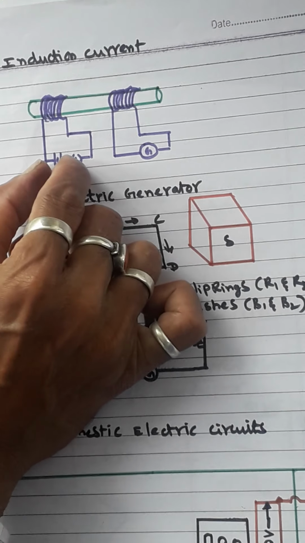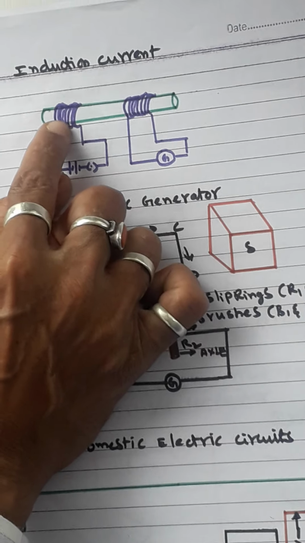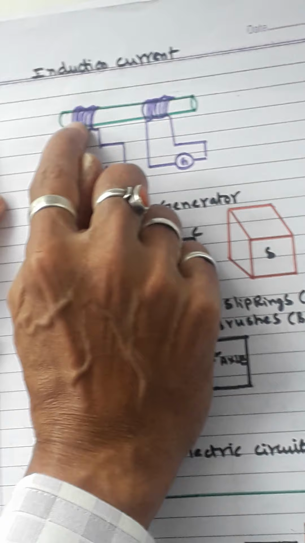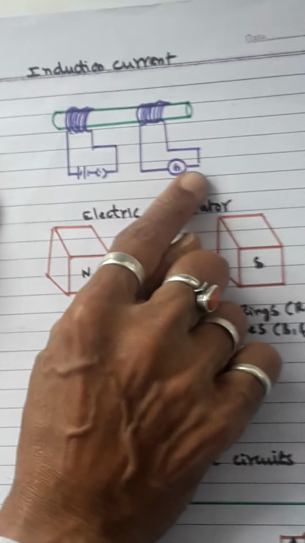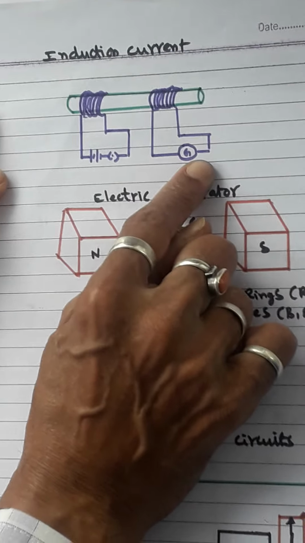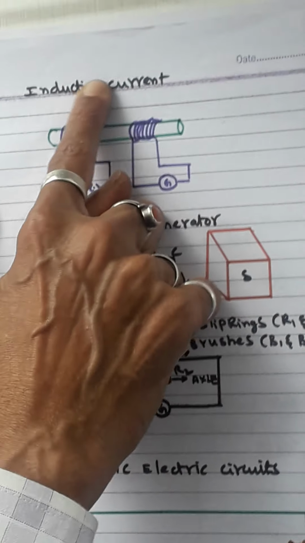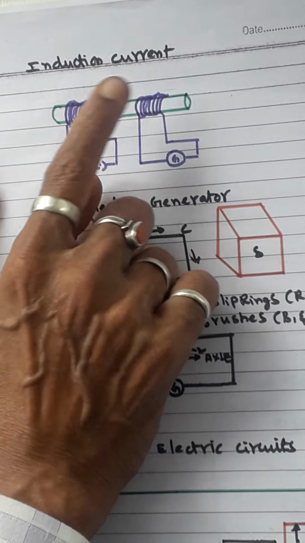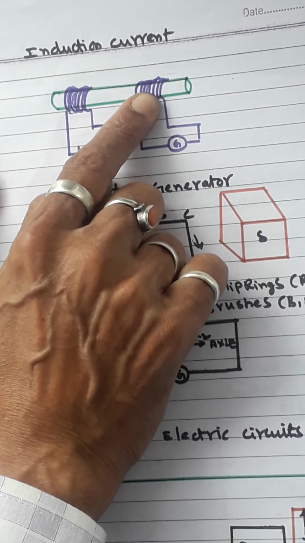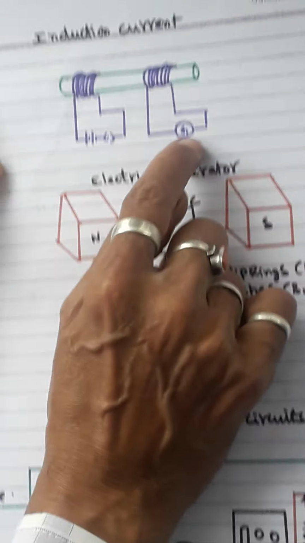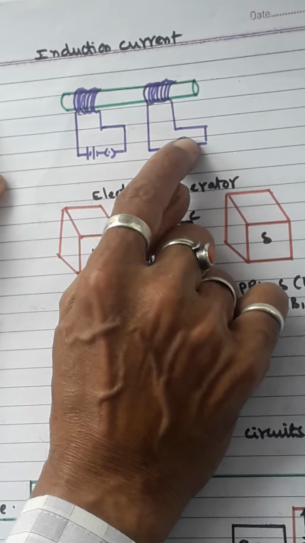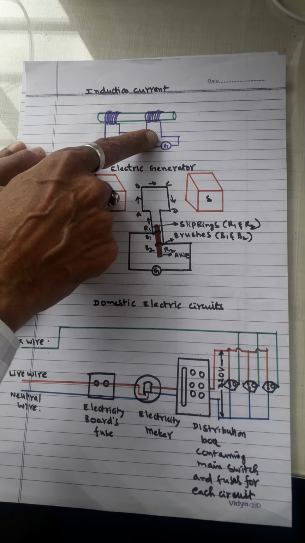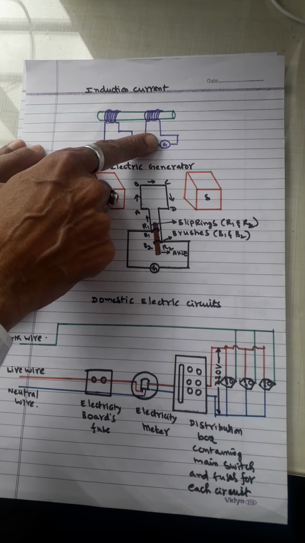Suppose you change that current and so change the magnetic field. If you keep another coil on the same soft iron core, then here I am not connecting any power supply at all, but current will be induced in the other coil, because a change in magnetic field produces a change in current in the other coil. That is what this experiment shows. We can detect this by means of a galvanometer. So now we understood induced current. This induced current principle is used in the transformer also.